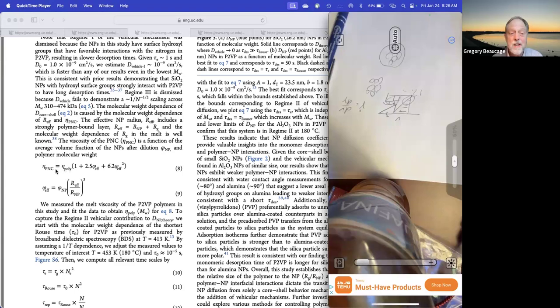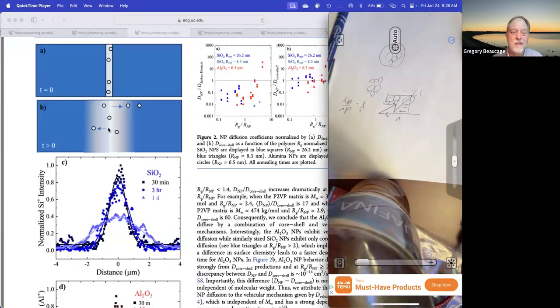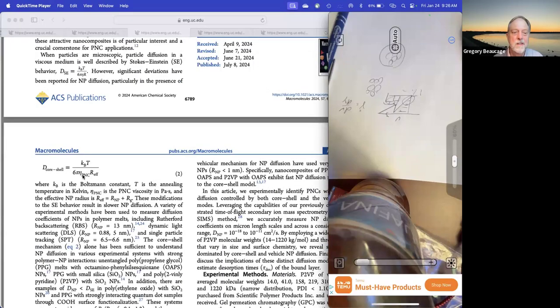Anyway, so that's the polymer viscosity. This is a larger viscosity because you're adding in these other positive terms to it. So that increases the viscosity, so it's going to reduce this diffusion coefficient. So this number gets to be higher. They've got these two modifications to account for, and it seems to work surprisingly well, given that the particles